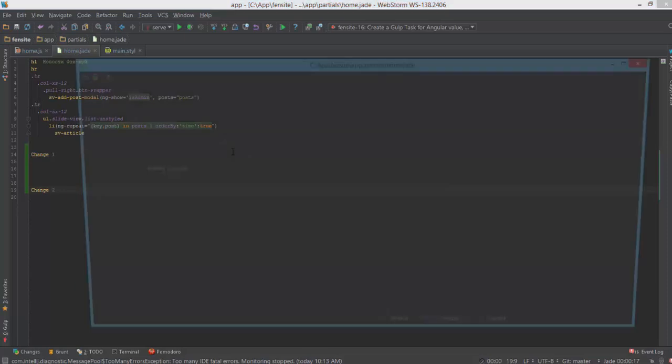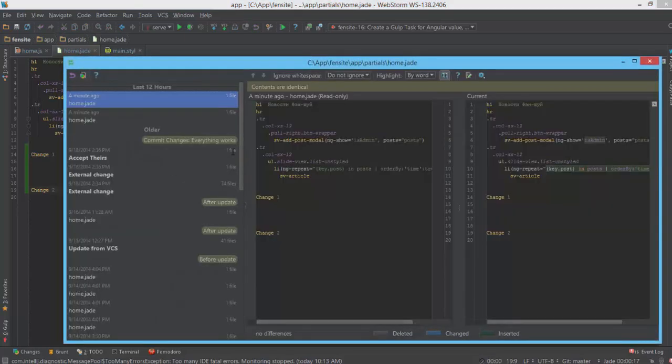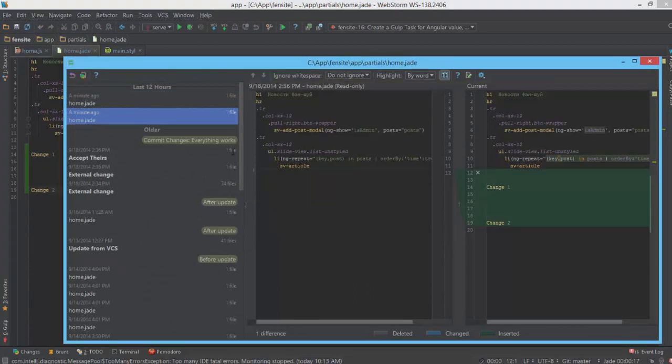And when you press Ctrl+8, you can see these changes, and you can see that it saved about every minute or so. So this change 1 and change 2 are saved to one point. And I use it daily, and